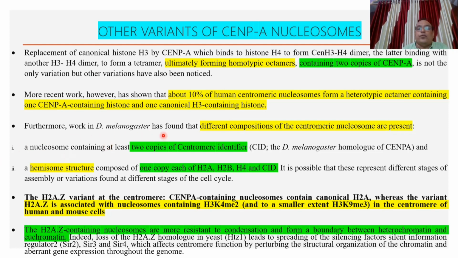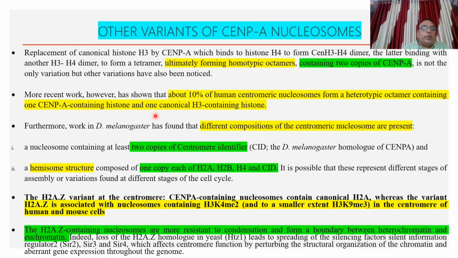than H4, as was the case in normal centromeres. Then another difference is in the case of Drosophila melanogaster, where CID, the homologue of CENP-A, may be present as 2 copies instead of 1. One nucleosome contains 2 copies of CID. So in Drosophila melanogaster, 2 copies of CID are present. There are differences. Number 1, 2 copies may be present, as happens in the normal centromeric nucleosome, where 2 copies of CENP-A are present and